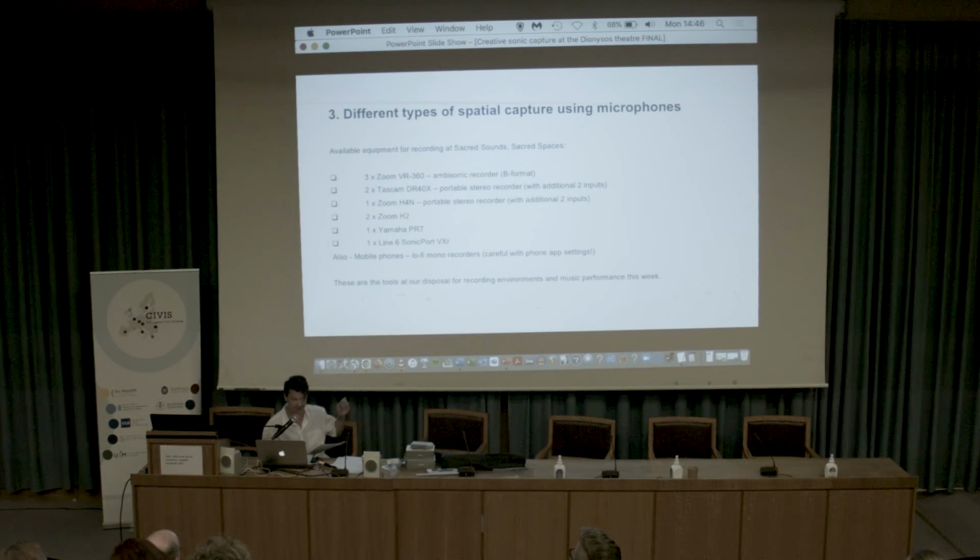This is a short list of the equipment that I think we have available to us. We've got some of those Zoom VR ambisonic recorders. We've got various stereo recorders, some other stuff. And we've also got our phones,